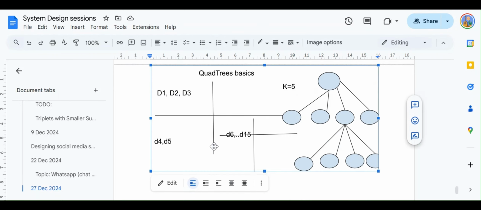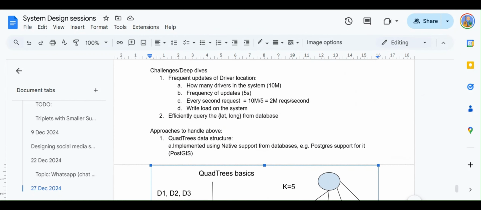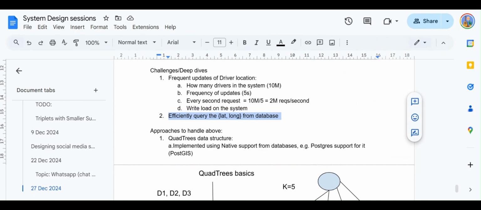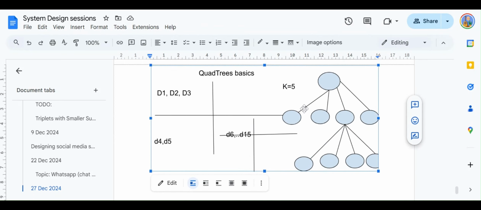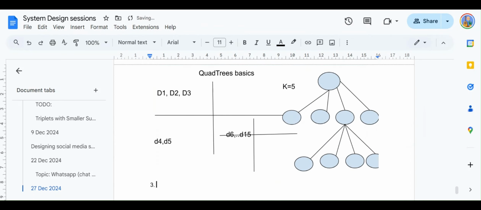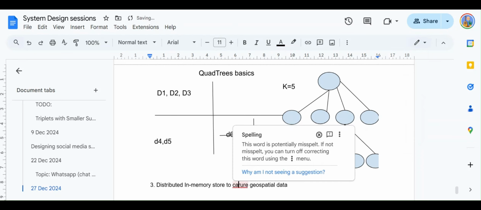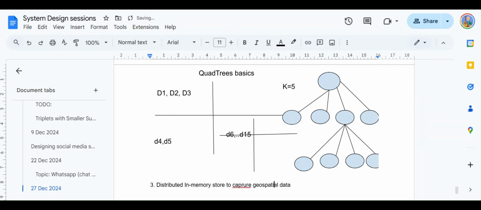So that addresses our second problem, which is efficiently querying the latitude and longitude from the database. What we can talk about here is that we will be using a distributed in-memory store to capture the geospatial data.